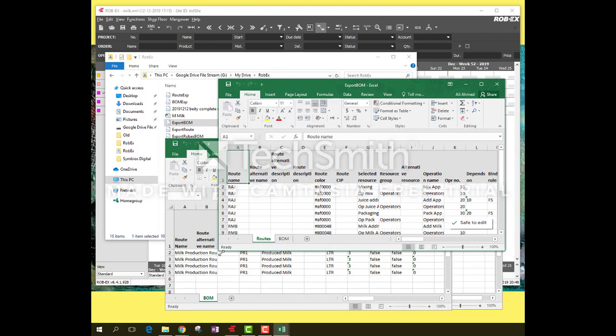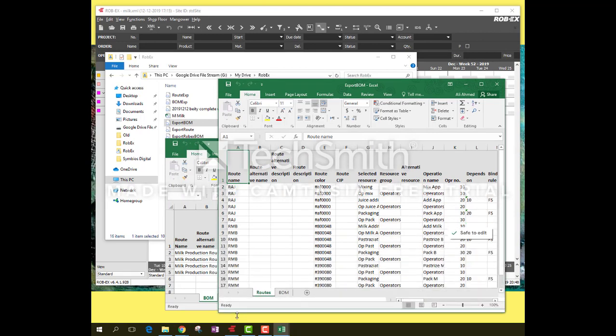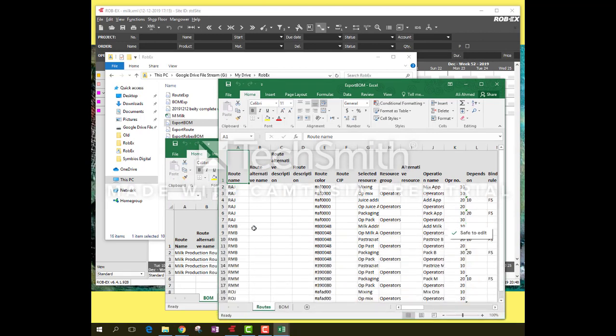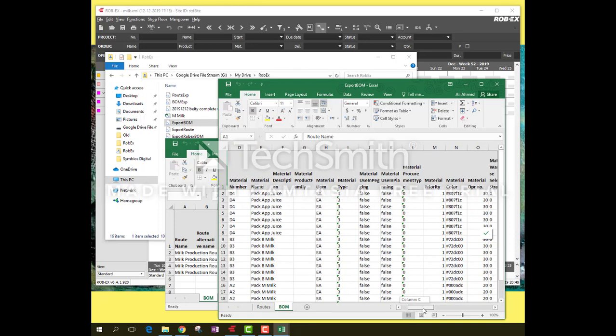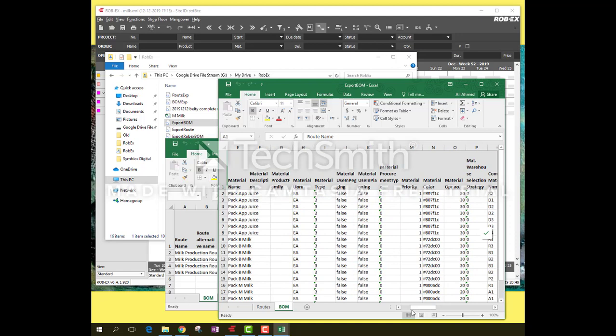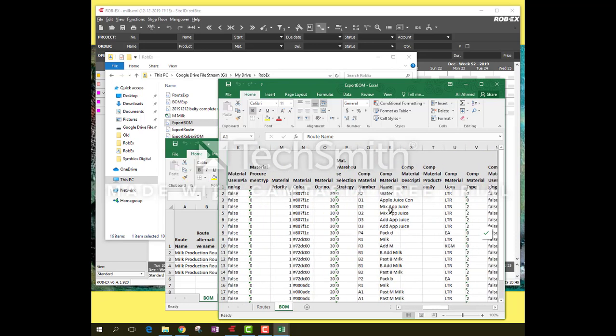Again, we have here in the bill of material document the route name, the material name, and we have here the details of the bill of material for each final product. This is the packed apple juice, packed bee milk. And if we scroll here, we're gonna see all the component material name, and we can see things as well here, such as